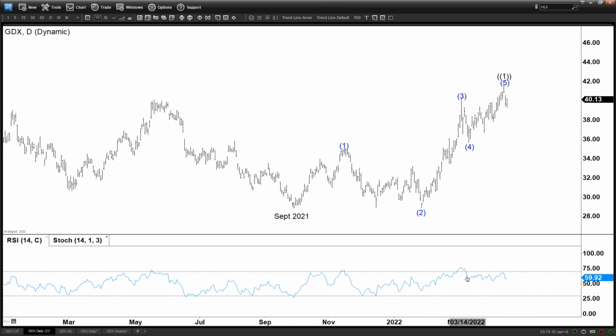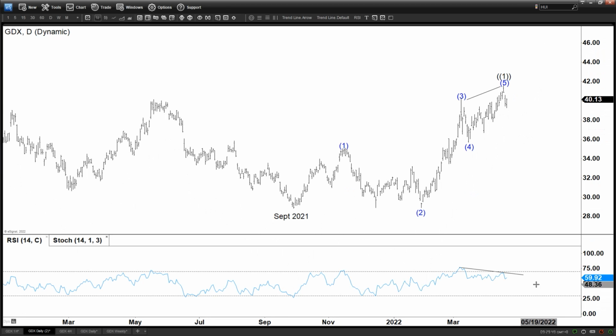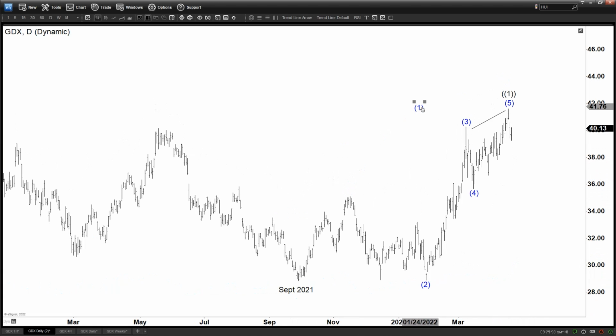Now if we look at the RSI, we do see a divergence here, typical for a wave 5. So far this count still looks okay. Of course, if we continue to go up, remember trend can always extend. If we go up again and break higher, and the RSI breaks to the upside and makes a new high, then there is a possibility, for example, that this becomes some kind of a nest, 1 2 here,